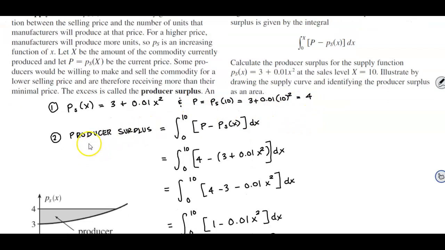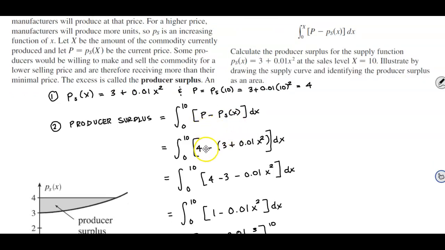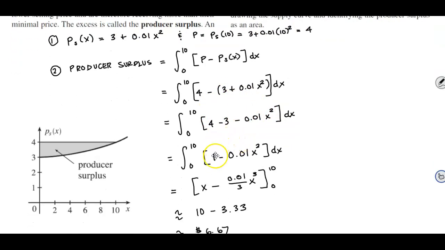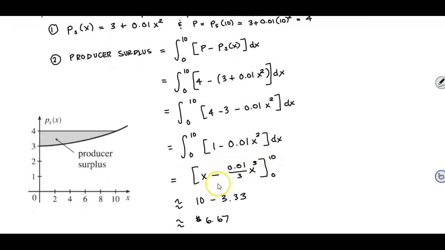Now using the formula for the producer surplus, we have a lower limit of 0 and an upper limit of 10. P is 4, and we're going to subtract the function 3 plus 0.01 x squared dx. Combining like terms and distributing the sign, we get 1 minus 0.01 x squared, and then we find the antiderivative of that, which is x minus 0.01 over 3 x cubed,